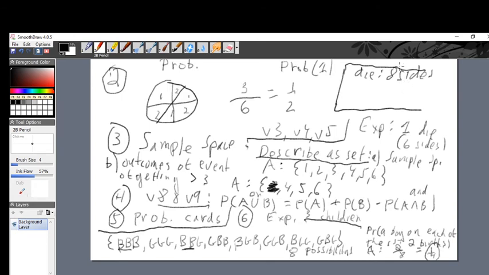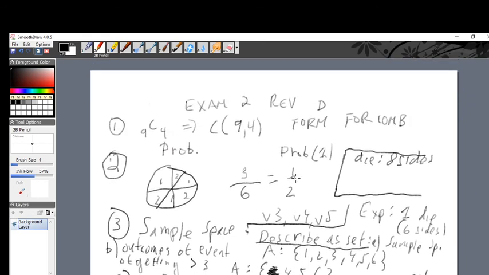I got one more thing to do about probability. Let's see if I can get some more space. Yes, I can. I can do it right over here. I think it's number 7. Has to do with probability. And what if you have